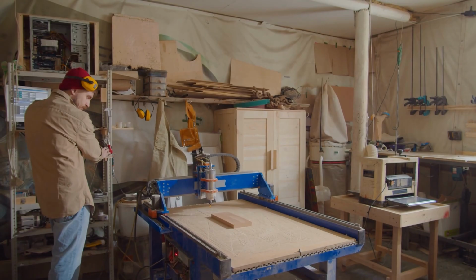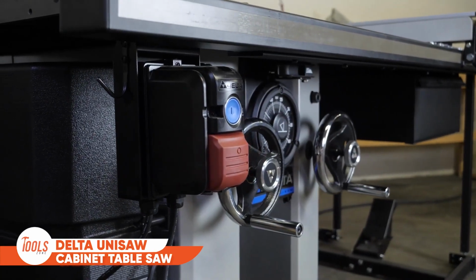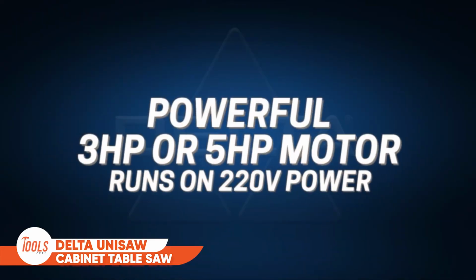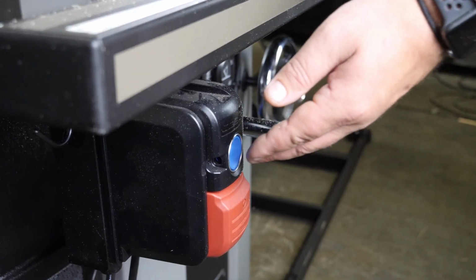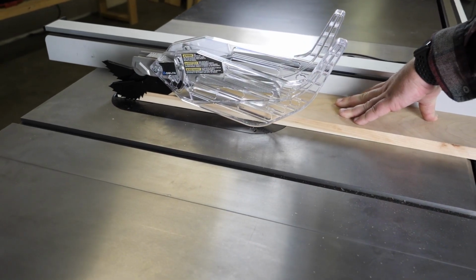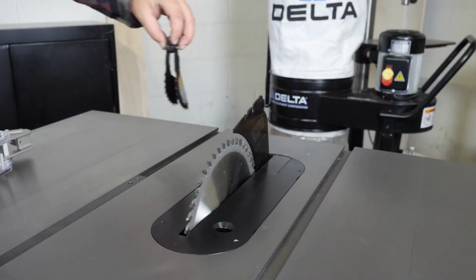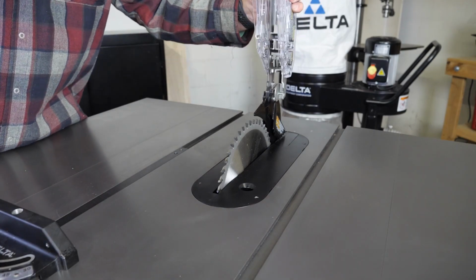Ready to upgrade your shop? The Delta Unisaw cabinet table saw is where it's at. This isn't just any table saw. This 3 HP 10-inch saw features the legendary Unisaw design, now upgraded with a range of industry firsts that set it apart. For smooth, precise cuts, it boasts a tool-free, split design guarding system and a true rise and fall